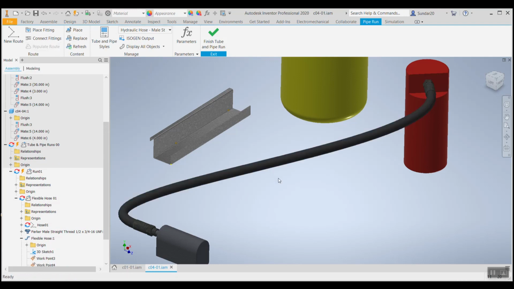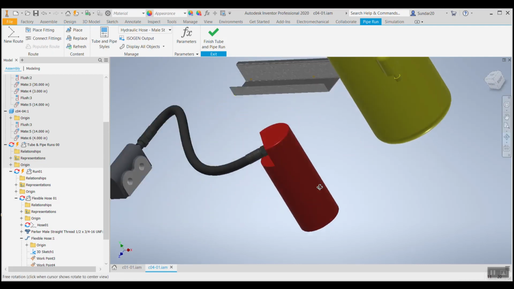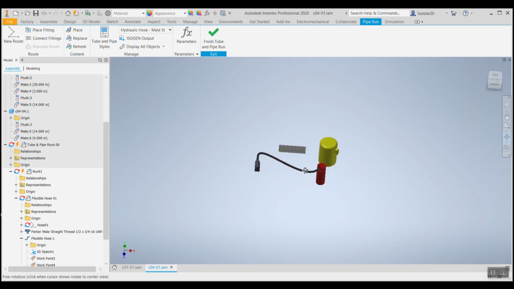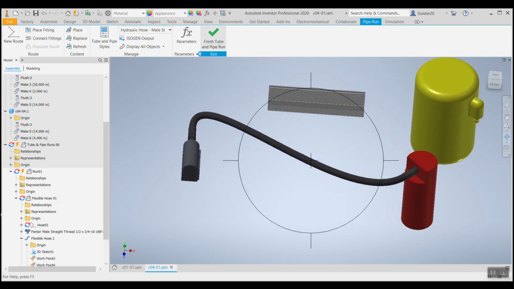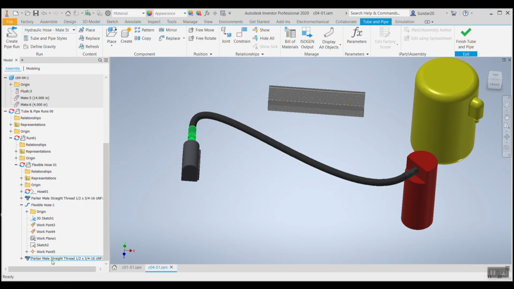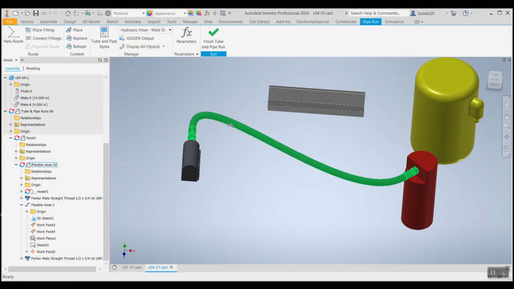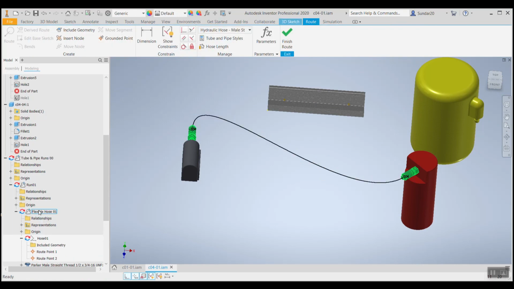And the beauty of these flexible hoses is that it is actually flexible. So whenever your assembly is moved, this will also be moved. And to edit this, we can go over here and double click. We'll get a sketch of it, and you will be able to edit the dimension.